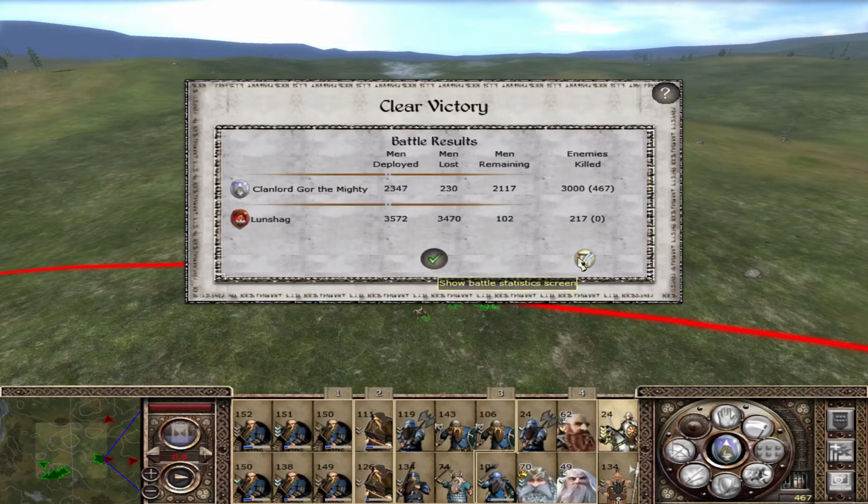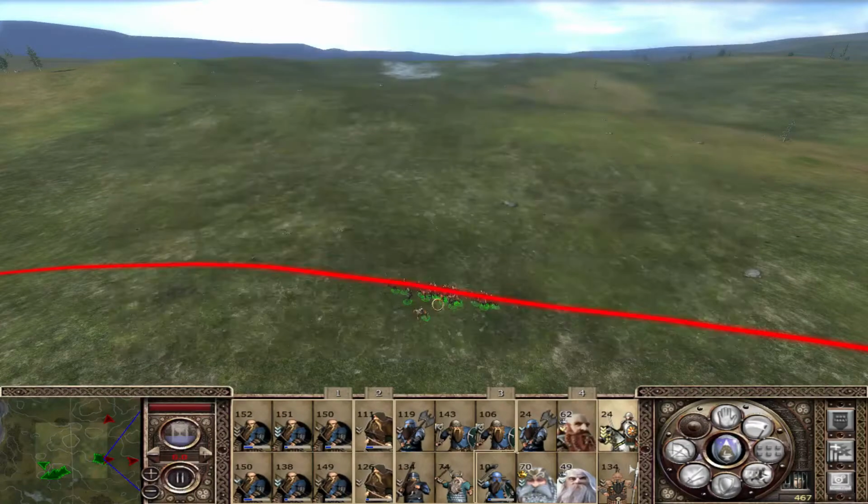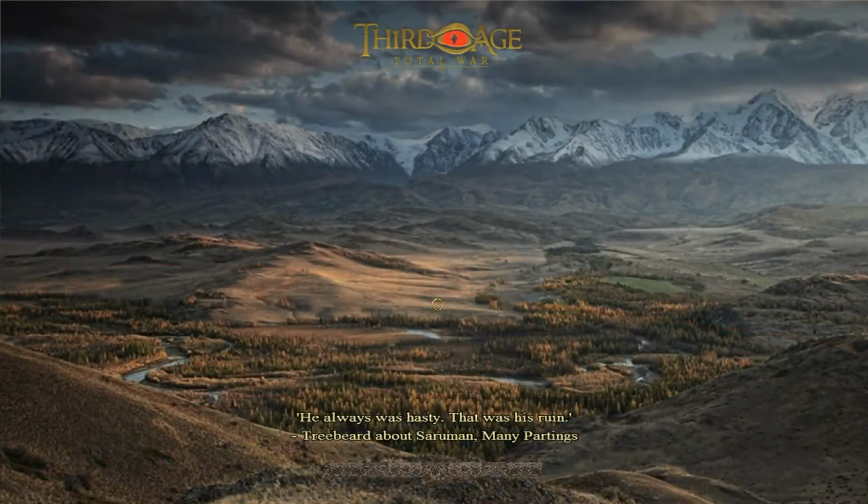230 men lost, even less than expected. A couple of casualties healed up there. That's nice. That worked perfectly. And I gained a lot of experience. So this battle will certainly, finally, set things right. Because he used all the mercenaries that he can purchase here. He probably had a lot of...